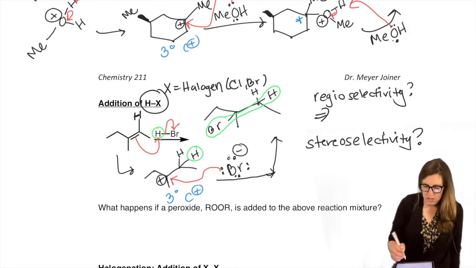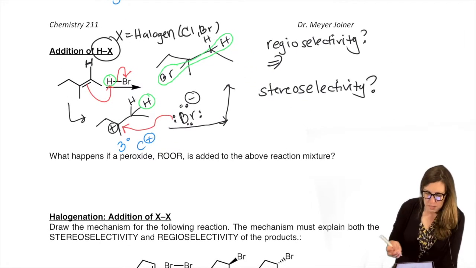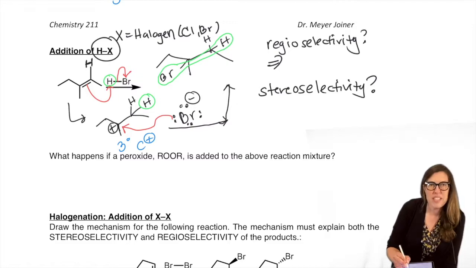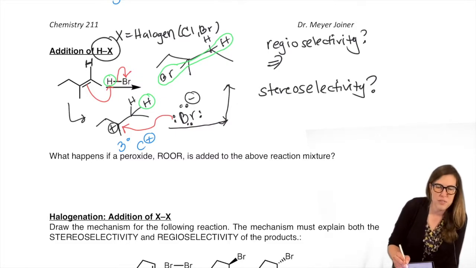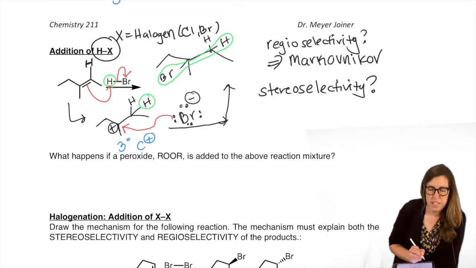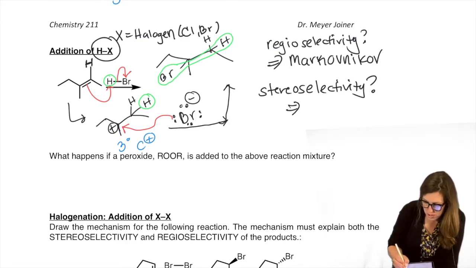But just be aware that when we add them, the halogen is going to go to the more substituted carbon because that's where the carbocation was, therefore that's what the nucleophile attacks. So we're going to say it has Markovnikov selectivity. Stereoselectivity. Because we formed a carbocation, that bromine could have been a dash or a wedge. So no, it's not selective for one enantiomer over another.